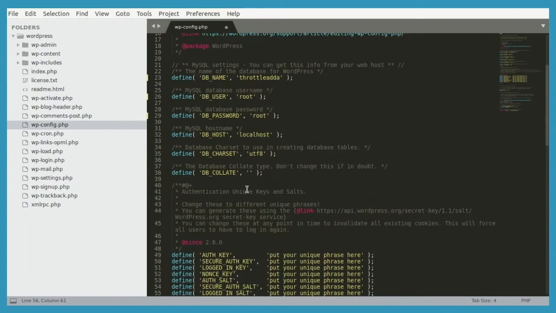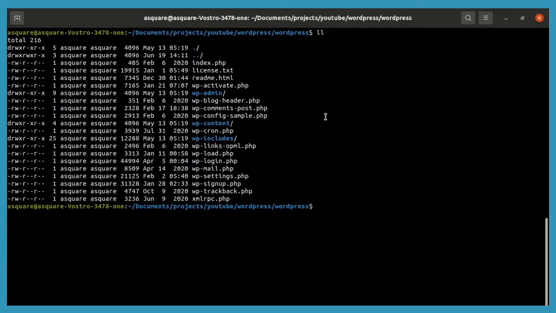Okay, let's proceed to the next step. To run WordPress on your local machine, you need a programming language, and that is PHP. PHP is an open source technology, which is a web-based technology and is used to make dynamic websites. Because we are setting up WordPress on our local, we are going to use the default PHP web server, which is available on the local machine.